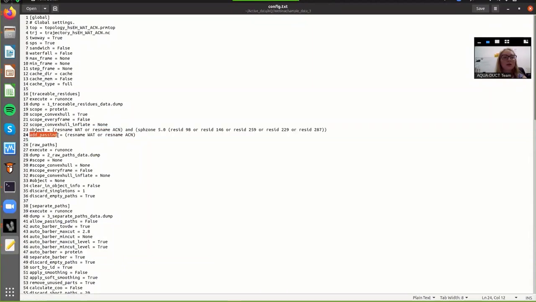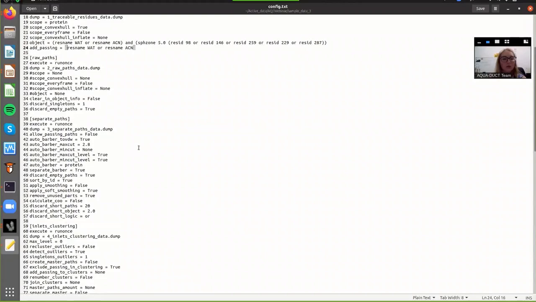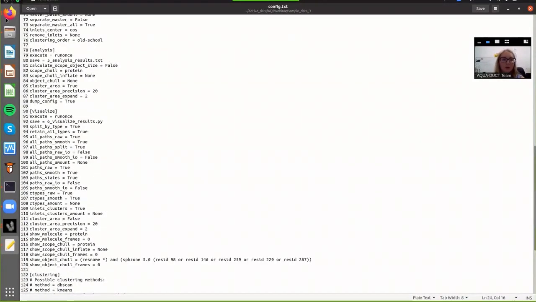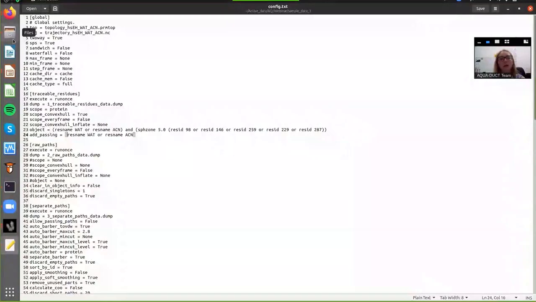And here once again we need to provide the information about not only water molecules but also about the acetonitrile molecules. And the rest of the config file is exactly as it was in the previous case. So we can run the calculation as it was previously. So valve_run, provide the config file, and we can create the debug file as well. As for the pond